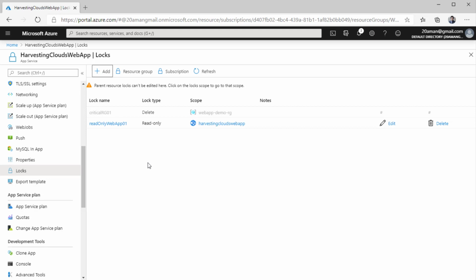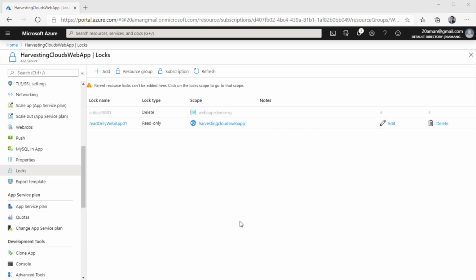The answer to that question is that the most restrictive lock, no matter where it is coming from, takes precedence. Even if the most restrictive lock, that is the read-only lock, was applied at the parent level and you apply a delete lock at the child level or vice versa, as you can see on the screen, whichever way you apply these, the most restrictive lock takes precedence. And that is the lock that is applied eventually on this particular resource. So no matter how you slice and dice this, if the read-only lock was applied at the parent level or at the child level, eventually the read-only lock is what will be applied to this particular resource.